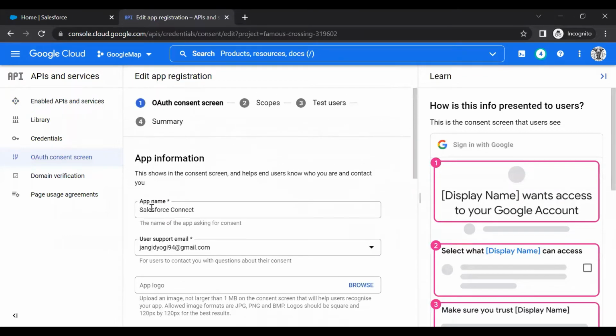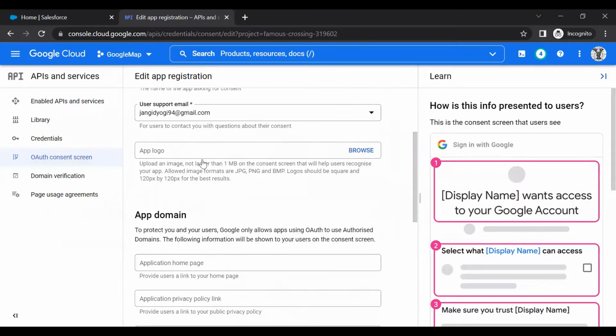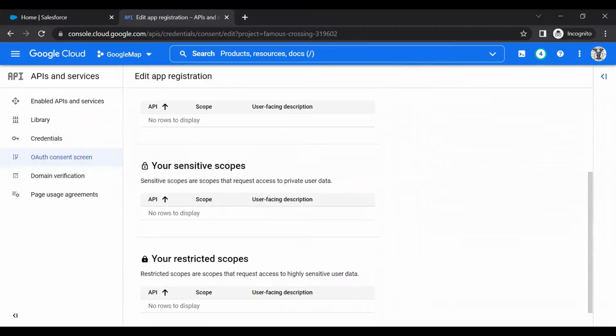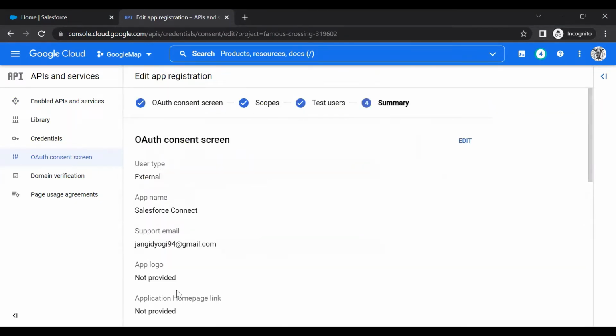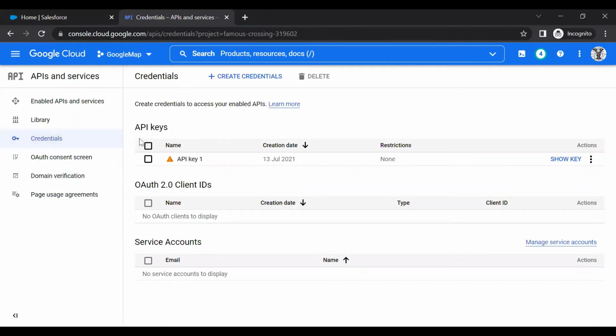So for example, I have given here the name Salesforce Connect, the user email ID, and at the bottom you can see there would be the email address. Save and continue. Save and continue again, nothing we need to do here. Save and continue again, and that's it. So this will create your auth consent,